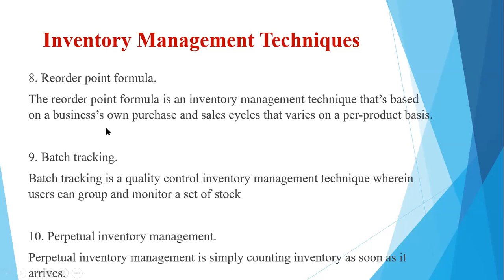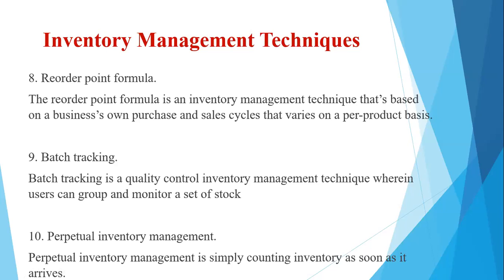Okay, from the time the requisition is being raised till the actual receipt in the godown, and the sales cycle, again, the time during which the sales order is being raised until it actually moves out of the godown. So considering both the lead times, the reorder point, or the reorder level, is being decided by business organizations. Now then we come to batch tracking.